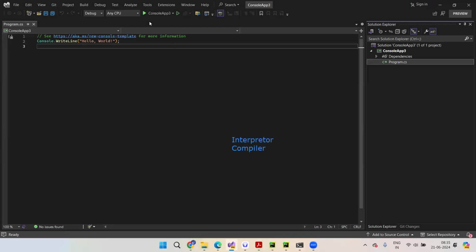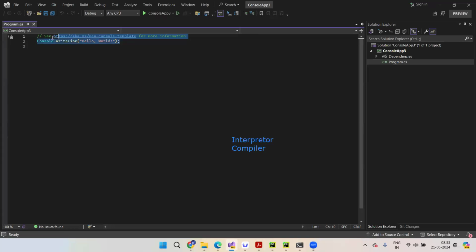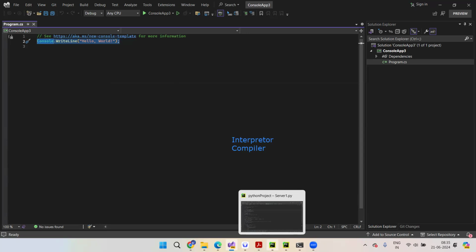Once you compile or run your code, it will internally go to an interpreter or a compiler, wherein it will get converted to low level code, as I was talking about with the interpreter and compiler. That's the same thing every editor goes through. Making sense?